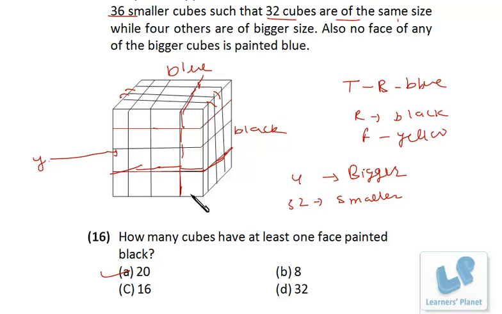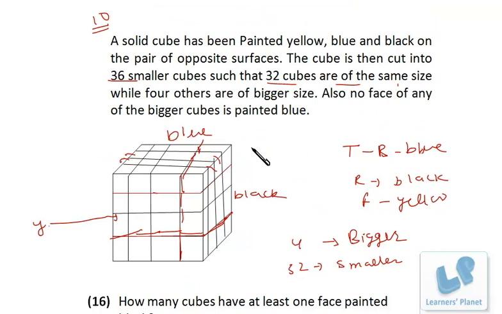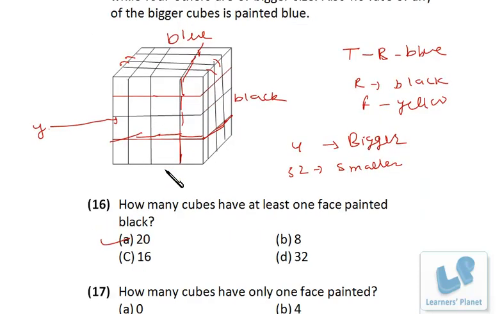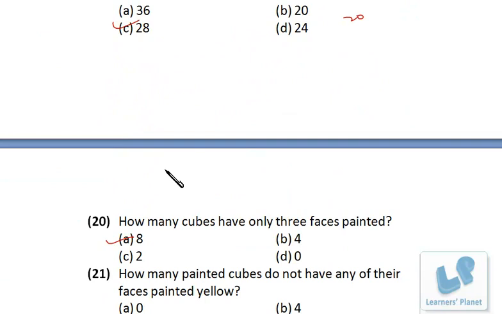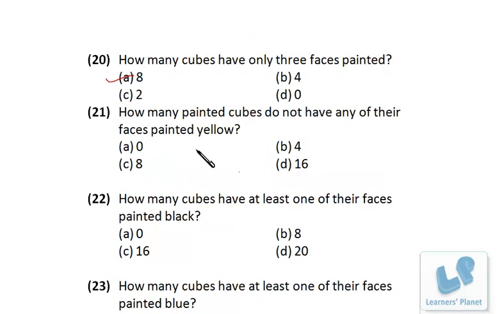4 from top, 4 from bottom, right? Apart from that, the central pieces: 1, 2, 3, 4, 4 from top, 4 from bottom, right? So precisely 8 from top, 8 from bottom, 16 are there, and the middle ones are actually bigger cubes, so they are having either this side yellow or the back side yellow, right? So in all we just have 16 cubes without yellow. Okay.